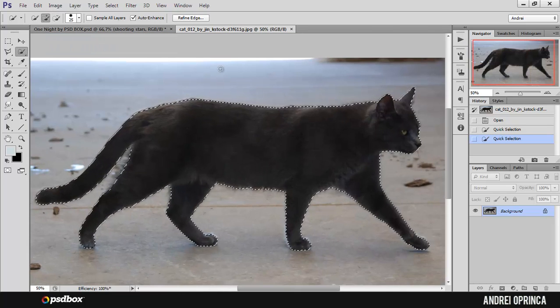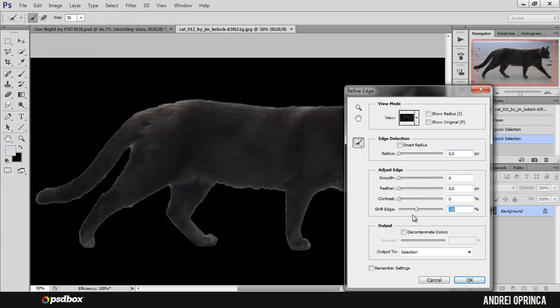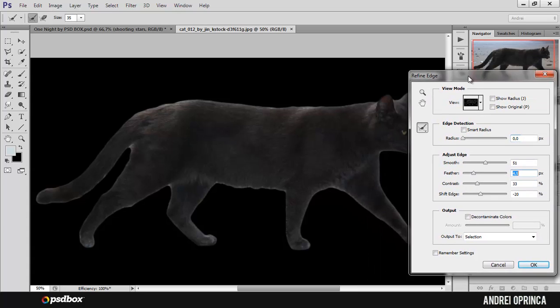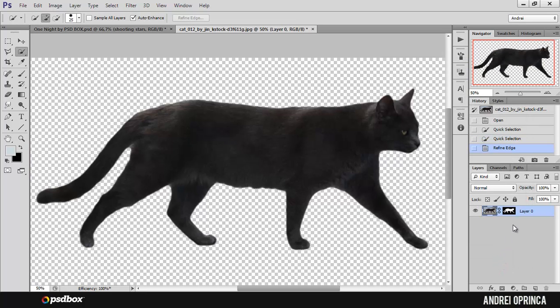And once you have it, go to Refine Edge, and I'll shift the edges just a bit, feather the selection, increase the contrast, and smoothen the selection because I need some smoother edges. Anyways, the cat will be almost a silhouette, so just enhance a bit the selection that we have here. I'll choose layer mask, click OK, and right click and apply layer mask. I should have chosen there a new layer, but anyway,